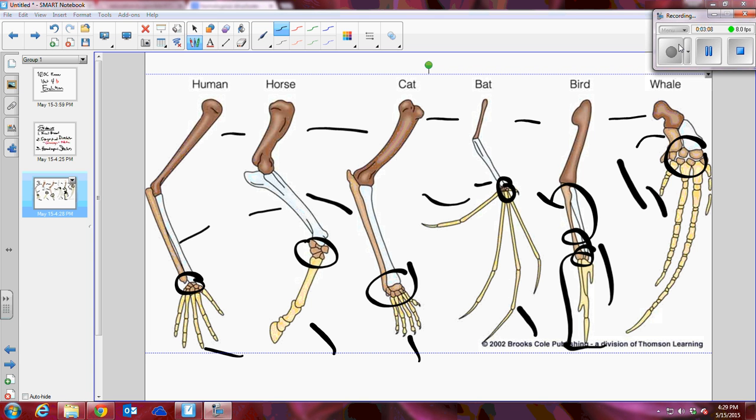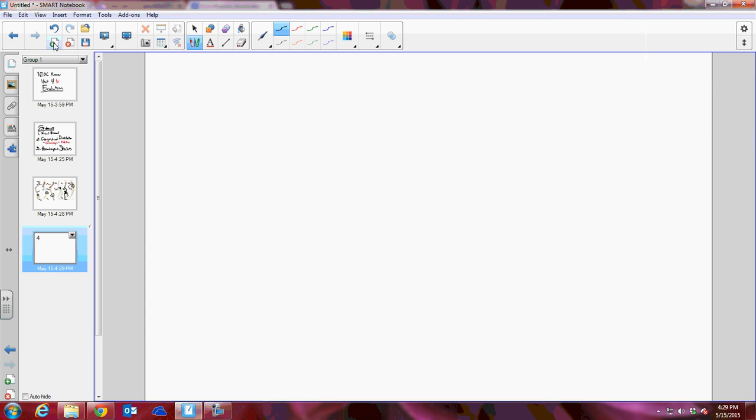And so organisms that have similar structures to one another show a common ancestry to one another. These structures have developed different functions depending on what they're needed to have, based on what their environment needs. But you can see here that they're very similar, but they have a different function based on what their environment needs. Now, this is different than something called